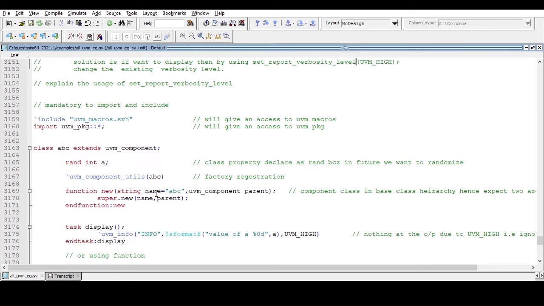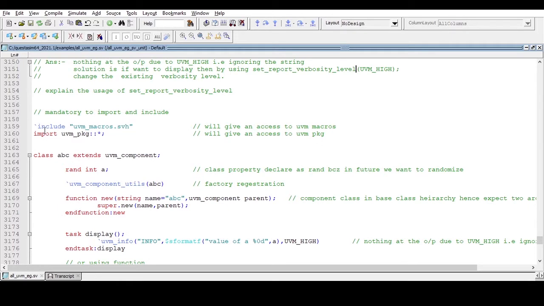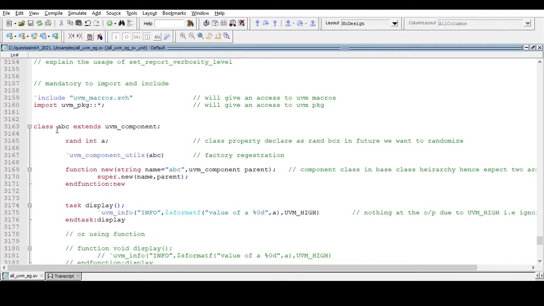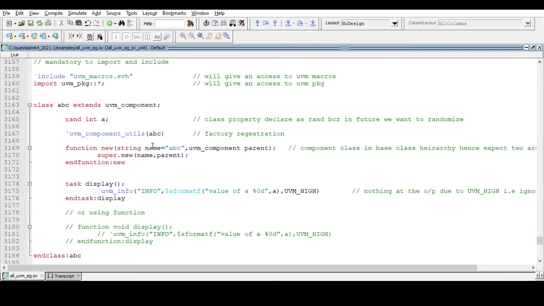Now see, two lines are mandatory in order to get access to the UVM macros and the UVM package. Now I have declared a very simple class ABC, which extends from uvm_component. As you know, uvm_component expects two arguments within the default constructor: one is string name and another is uvm_component parent.